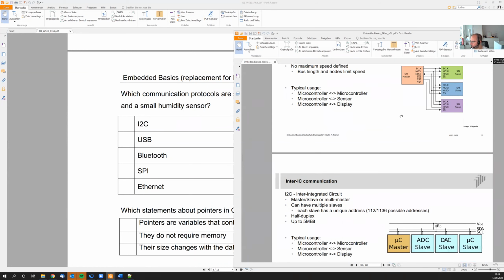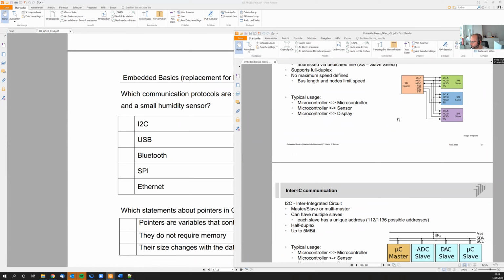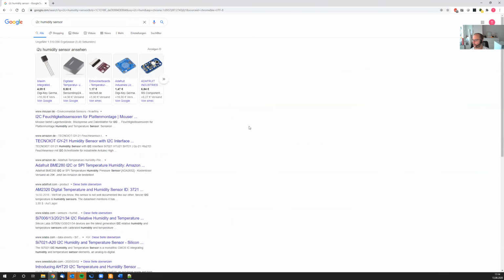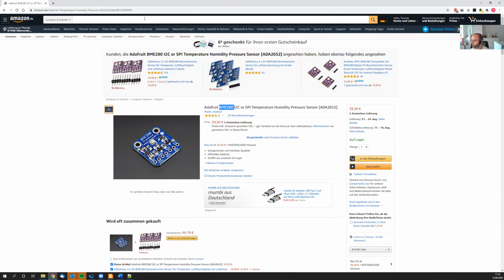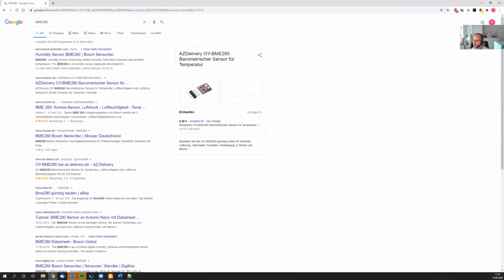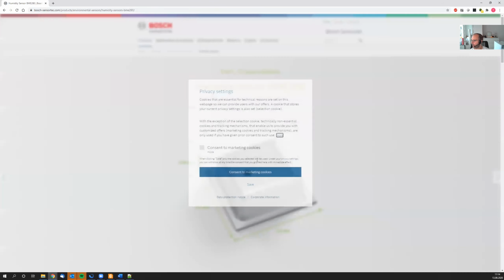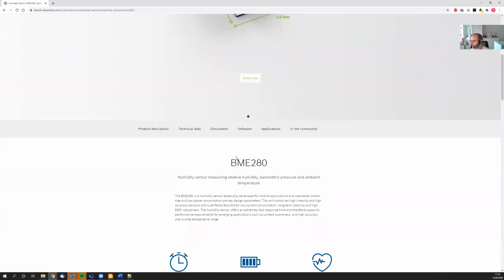Yeah, I thought it's a small humidity sensor, so it will just be one-way communication and it sends the data. So I thought then I only take I2C. I'll show you. Thing is, let's say maybe let's take this other Adafruit thingy here. Yeah, that one. Sorry, but